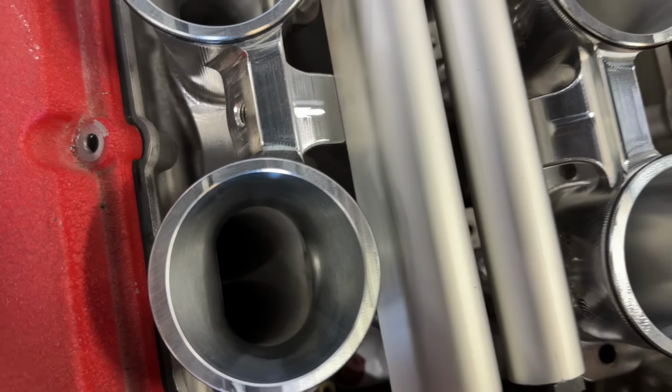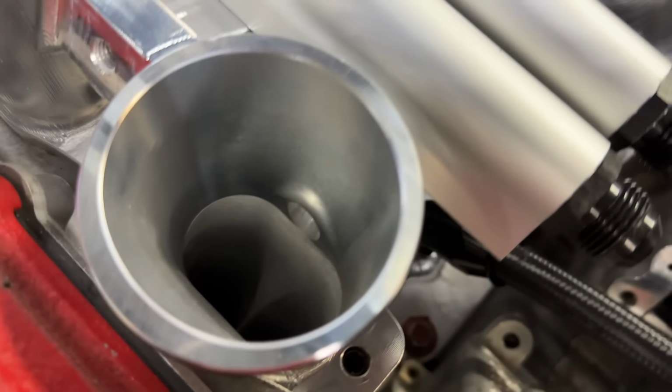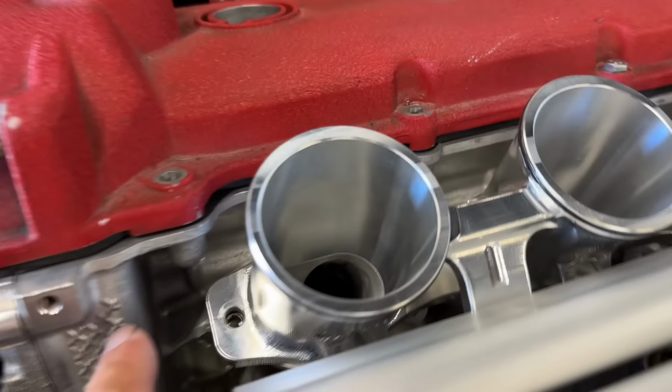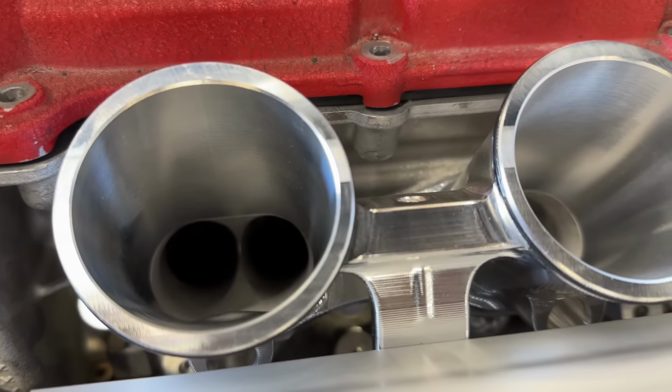That's going to flow a lot of air. Then we've got the injector hole right there, and you can see the angle of the injector. So that's going in, and then the port in the head is nice and lined up. And like I said, it's hard to see, but the injector should spray right in between those two ports because